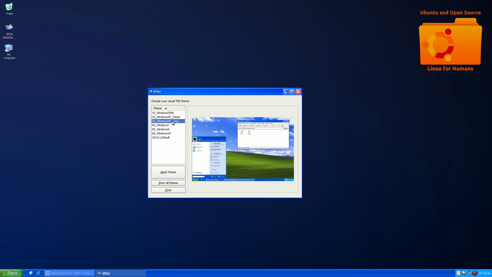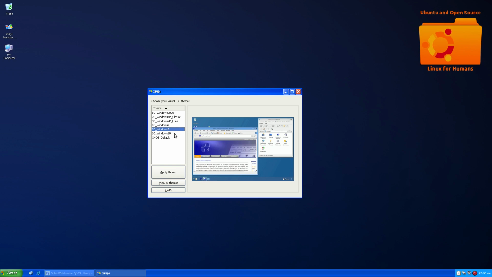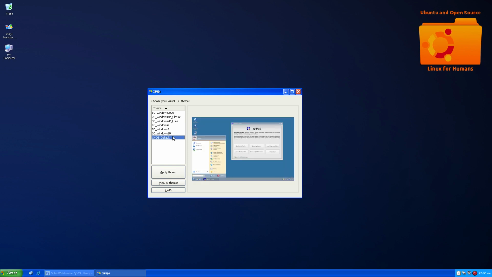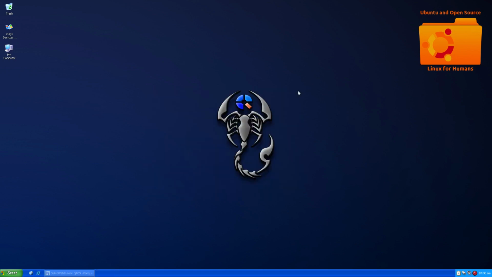It's currently on the XP Luna. Now to change it, you just highlight it and then hit apply. And there's a Windows 7 look, 8, and 10. And then you can have it bring it back to the default. But I'm going to leave it there. So what I like about Q4OS, not only can you get a more mature XP look,